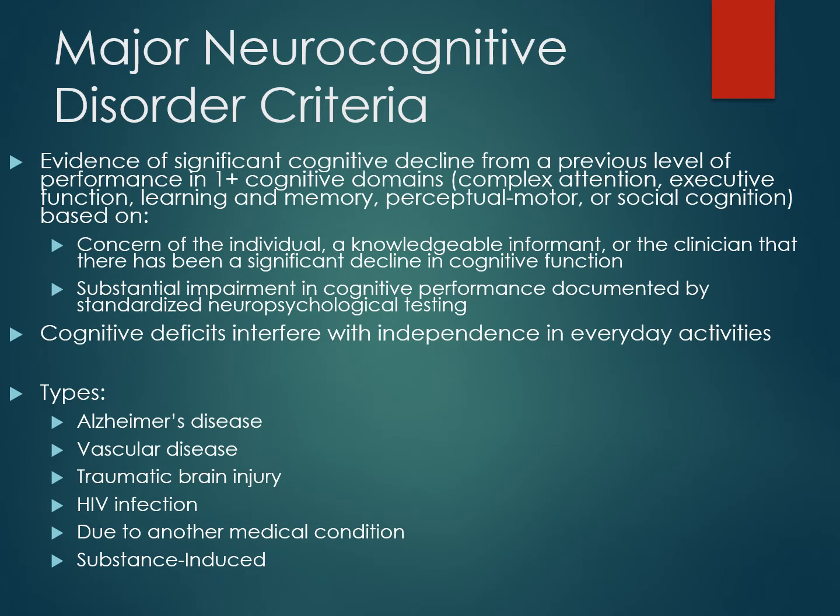So these changes in functioning need to be based on two types of data. The first is that the individual, him or herself, reports these changes, or that someone knowledgeable of the individual's prior level of functioning, such as a family member, friend, or a clinician, reports it. The second is that this cognitive impairment is demonstrated through standardized neuropsychological assessments, similar to IQ testing, which will provide information on whether cognitive functions are lower than they should be for the person's age.